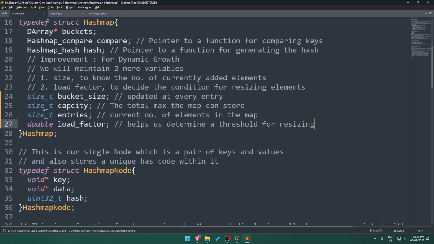So bucket capacity, bucket size, capacity, and then entries. Okay, if bucket size is 0, then we